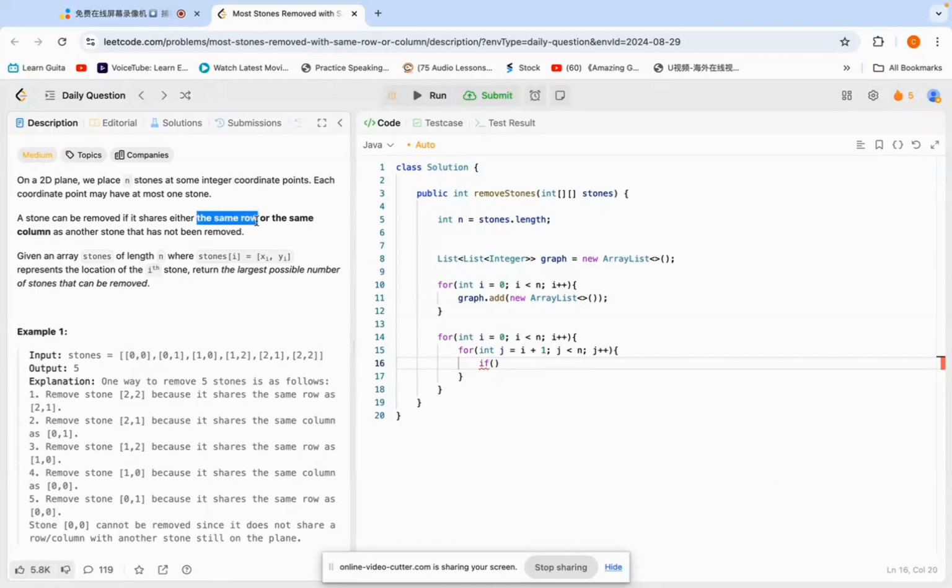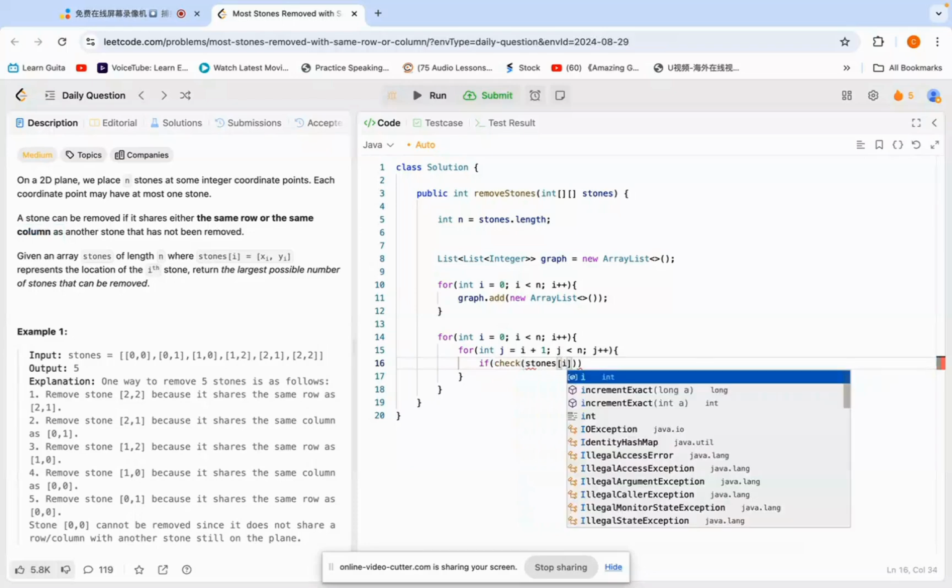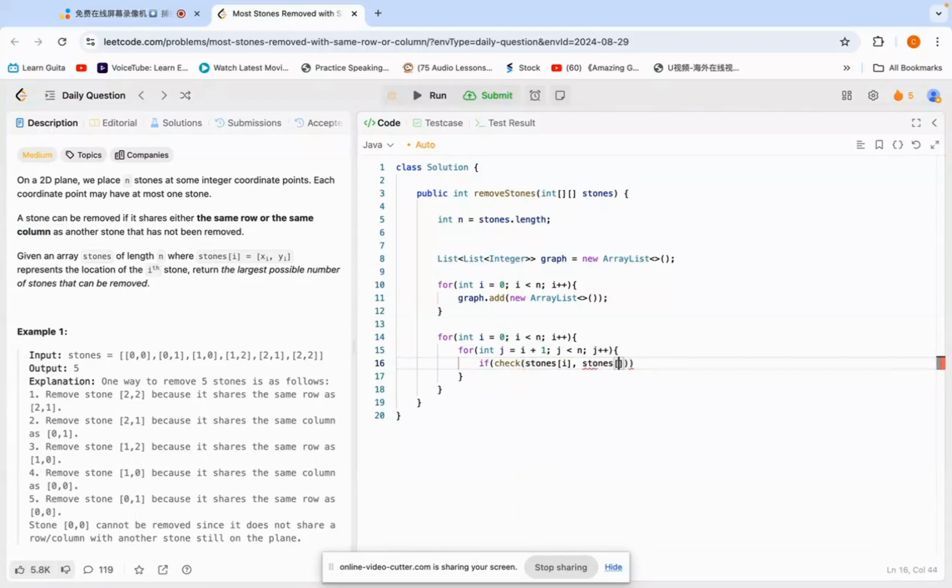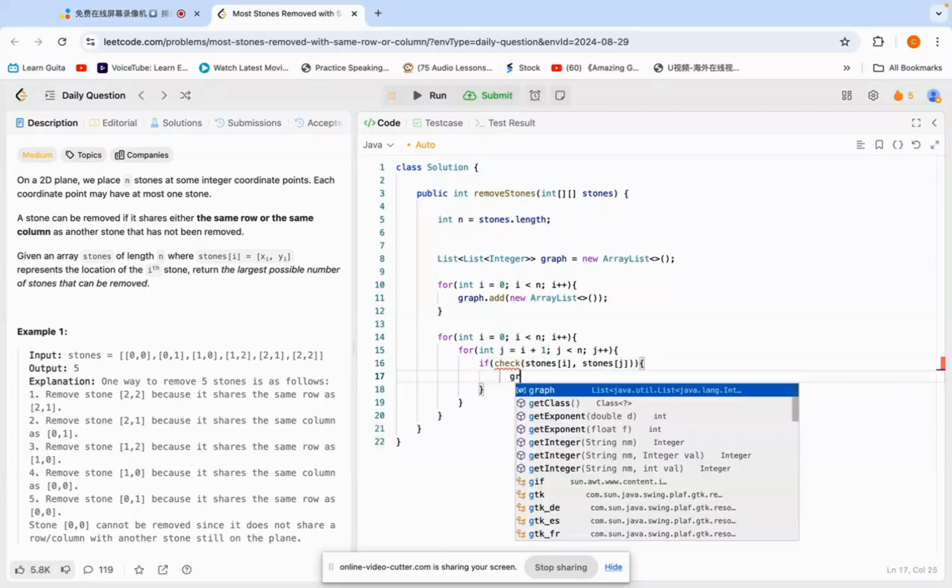So that's how we make two stones connect. So here we need to check, and we pass stone i with stone j. If these two stones have either the same row or the same column, then we need to create a graph,